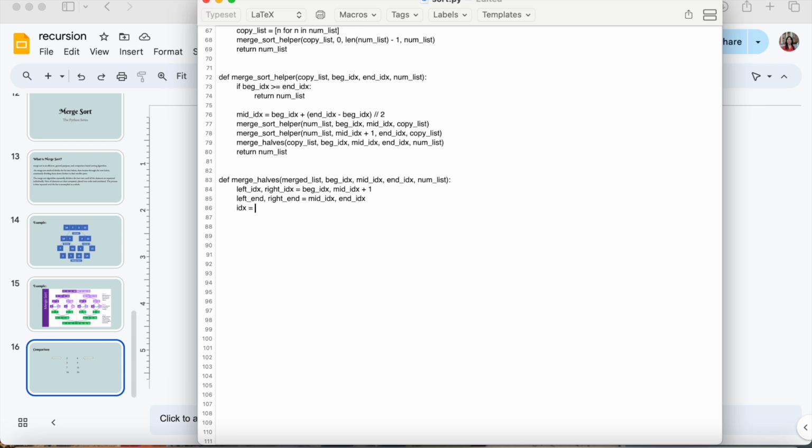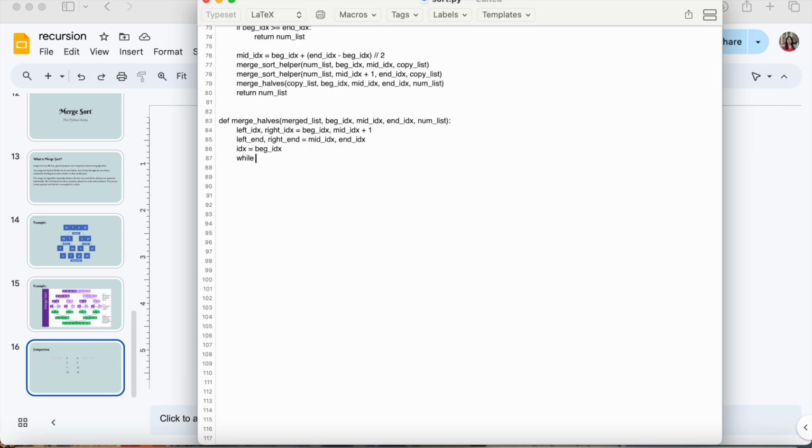So the index is just going to be the beginning index. While the left index is less than or equal to the left end, and the right index is less than or equal to the right end. So what this means is, remember, the left index was the beginning index, and the left end was the middle index. So when the left index is less than the middle index, and the right index is less than the right end, then